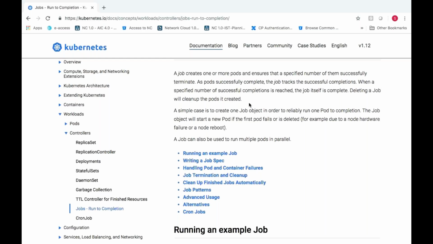You cannot log into that particular pod, because it has completed its task. If you want to delete the pod, you can delete the job itself, and automatically it will delete that particular pod. Now, what is the purpose of this? Let us say your server is rebooted, so what will happen? The job will be recreated. It will reinitiate that particular job, whatever tasks are mentioned.